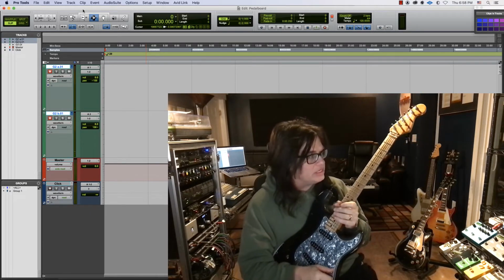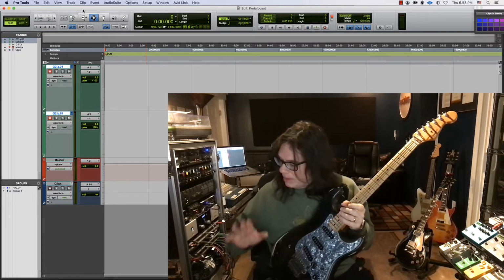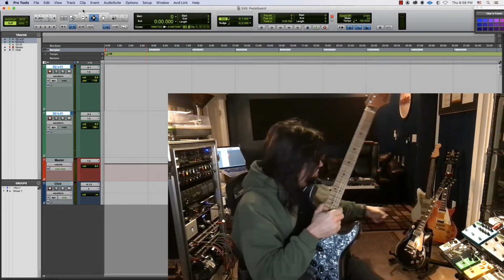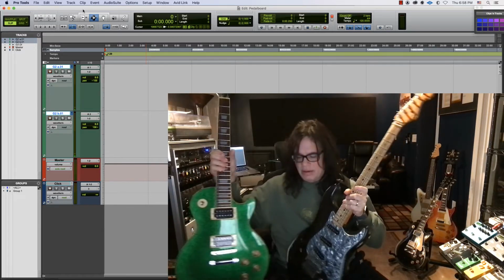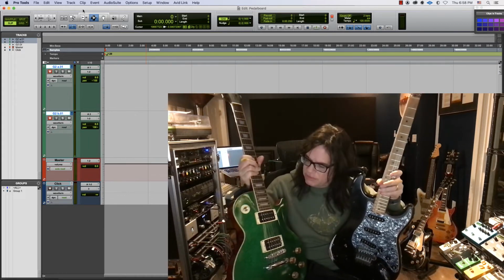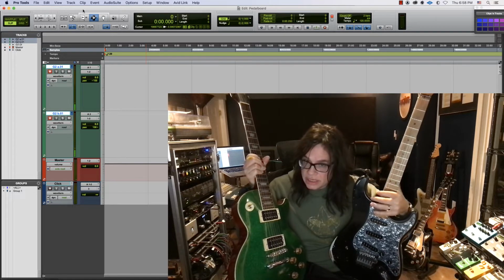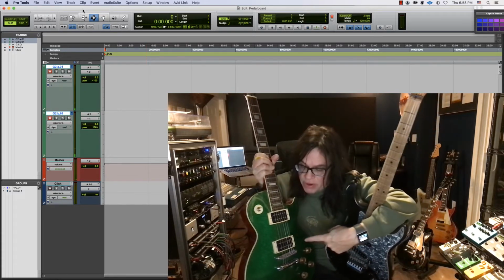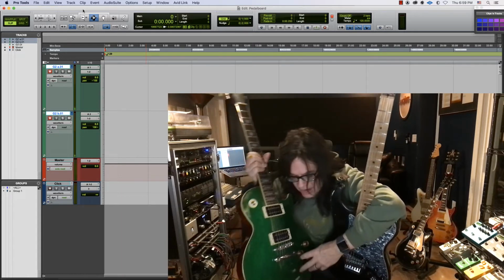Like now I'm in serious session guitar player mode, and I've got my Les Paul. I fired up my green one here because I was thinking, man, I don't have anything really as versatile as I want. Wait a second, I have this. This is the versatile guitar, because that's a Duncan 59 custom hybrid in the bridge and a 59 in the neck, but they're 5-wire and